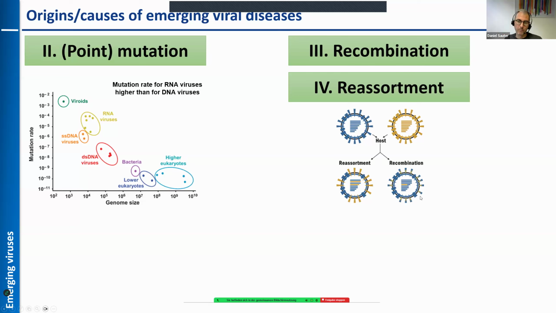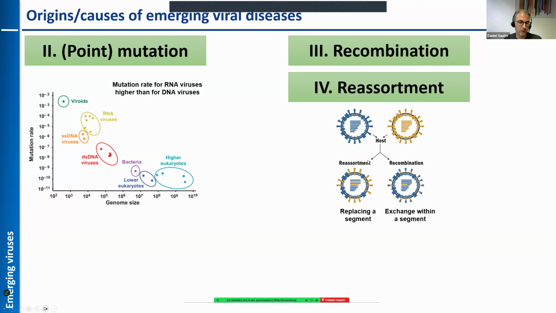So recombination, shown on the right, refers to the process of genetic exchange within one genome segment. So this is illustrated here. You can see that most of the genome segments are still blue, so entirely derived from the blue virus. But there's one example of a segment where the genome segment of the yellow virus recombined with that of the blue virus, generating this chimeric sequence. And the term reassortment, in contrast, refers to the exchange or replacement of an entire segment.